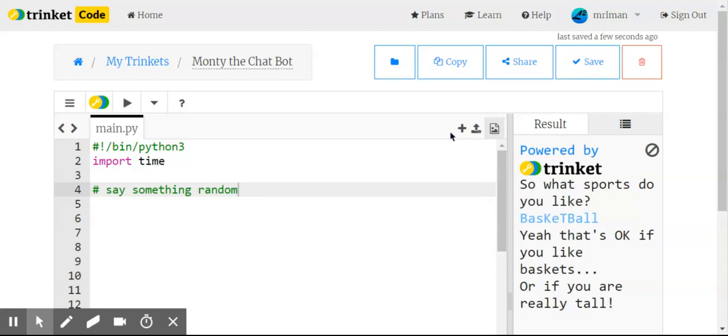Something that makes it obvious that it's a human as opposed to a computer is that humans are really unpredictable and they do more random things than computers do. So computers, we have to pretend to be random by programming in random choices. They're not really random. They're the best that we possibly can. They usually go off some sort of calculation based on the exact time down to milliseconds or something, so they'll be different every time, and they're pretty close to random. So in this video, I'm going to show you how to get the computer to say something random.